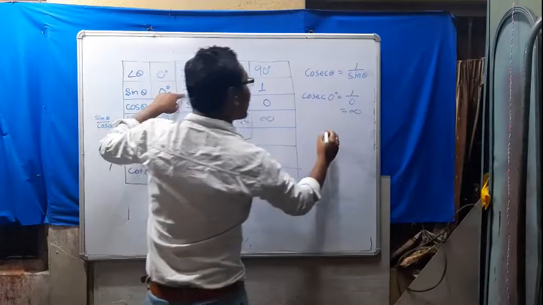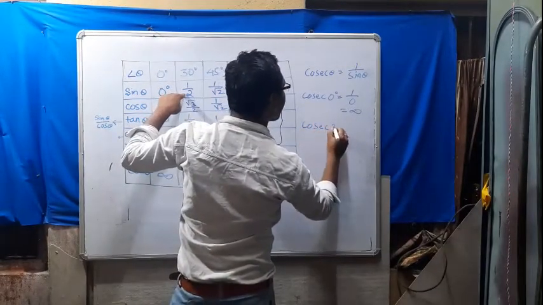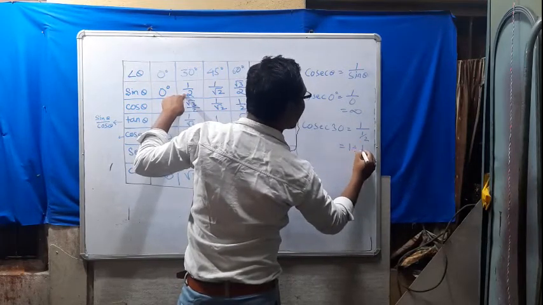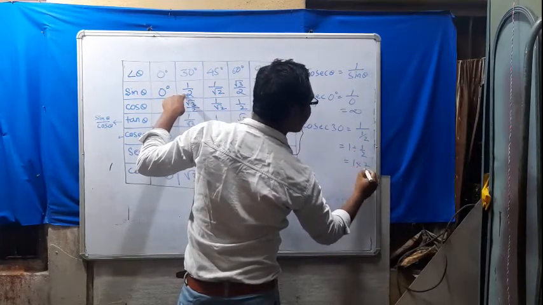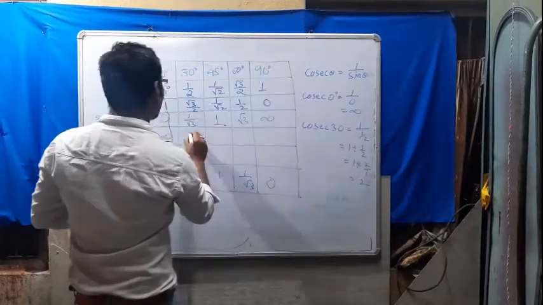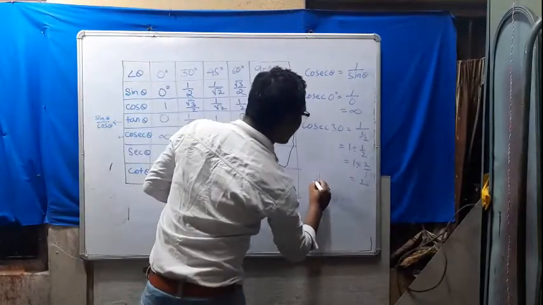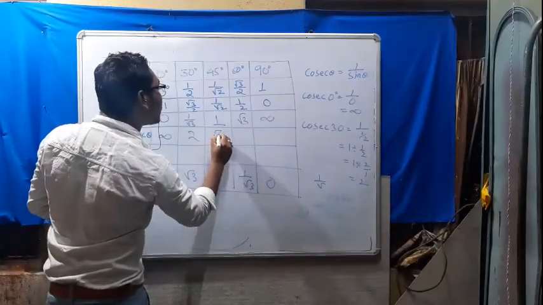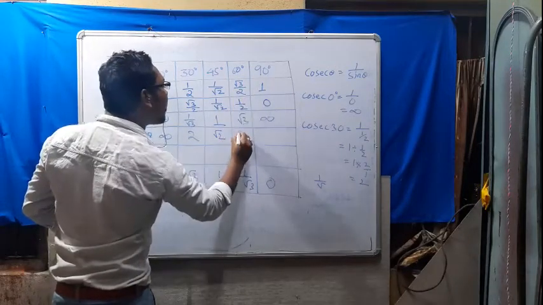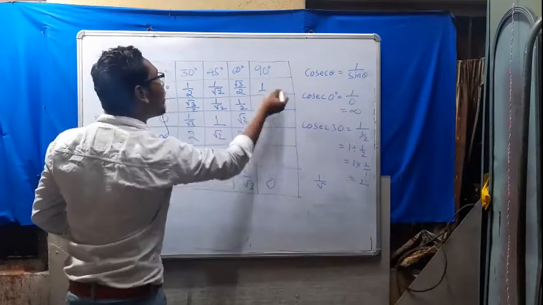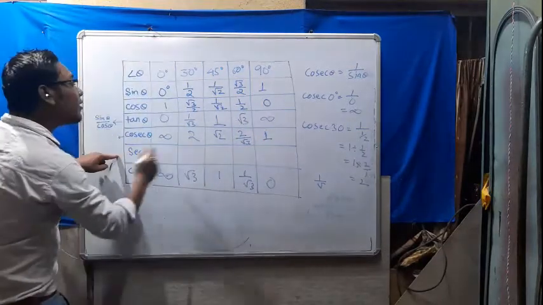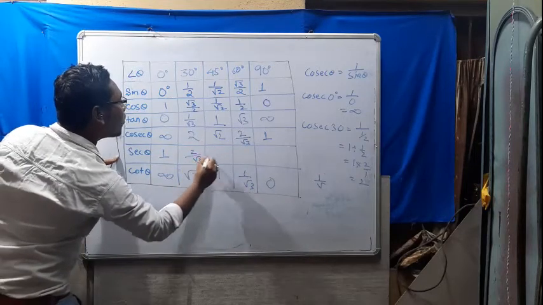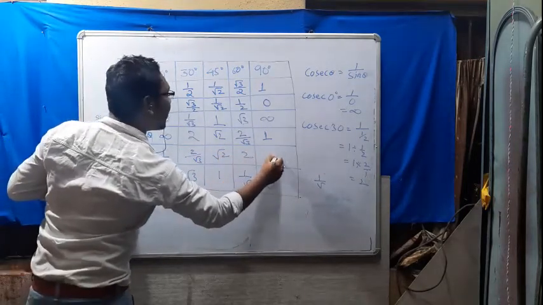It is cosec 30, 1 by 2, that is 1 divided by 1 by 2, that is 1 into 2 by 1, equal to 2. Then 1 by root 2, or you can directly reciprocal it, root 2 by 1, that is root 2. It is root 3 by 2, you write it as 2 by root 3. And it is 1 by 1, it will become 1 itself. And for sec theta, you just reverse this: 1, 2 by root 3, root 2, 2, and infinity.